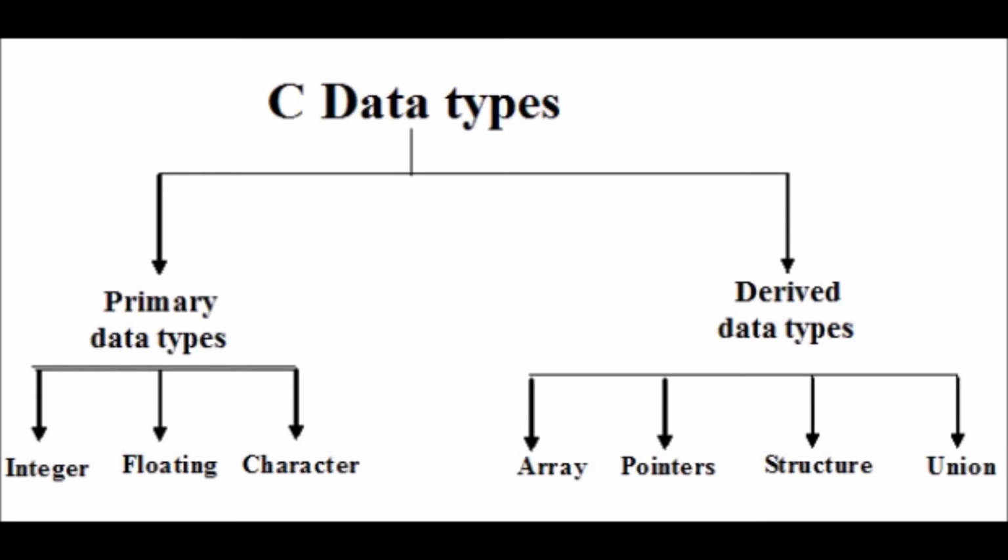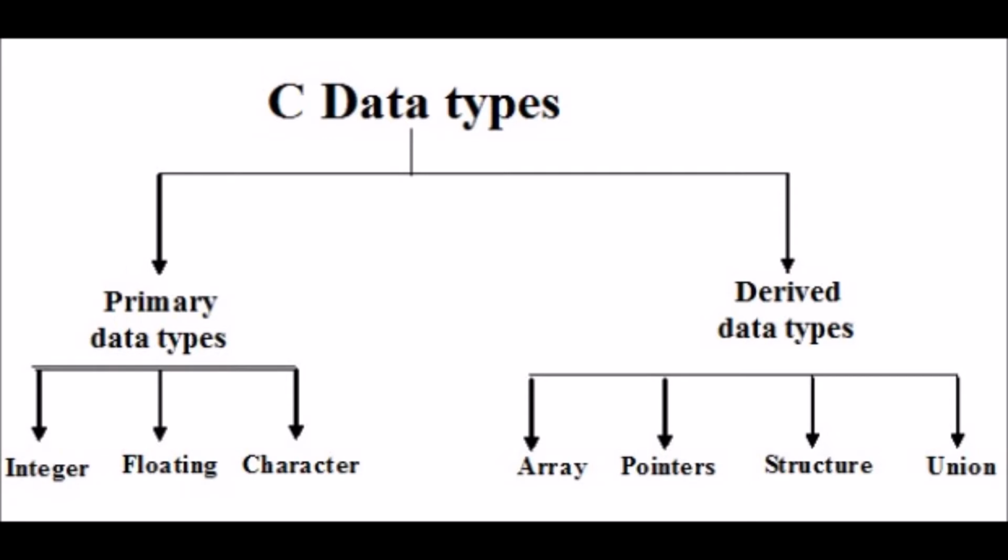Now coming to the next type of primitive data type, that is float or floating point number. This type of data type is used to store real numbers, that are decimal numbers. Even if we store an integer in this type of data type, it will be treated as a decimal number. That means it will contain a point.